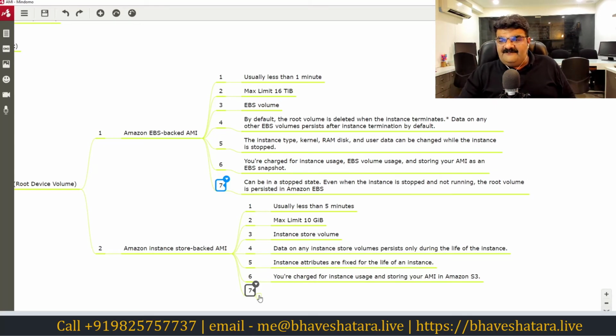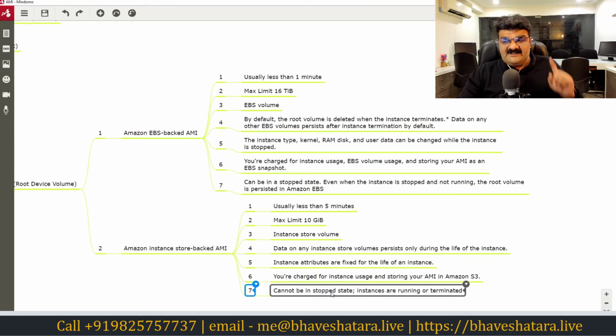Okay, but if you are using this, it cannot be in the stop state; instances are running or terminated. Yeah, so it cannot be in the stop state. Instances are running or terminated. Like when your instance is running, the EBS volume is running. Yeah, when your instance is terminated,